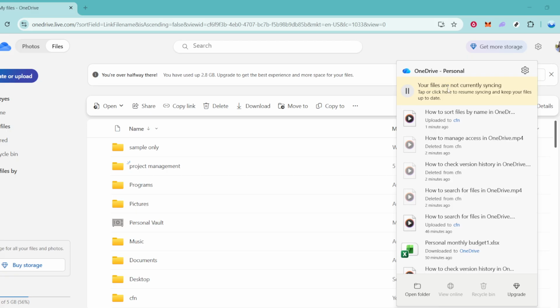Once you choose a duration, OneDrive will immediately pause syncing. You may see the cloud icon update to indicate it's paused, and your files will stop uploading or downloading until the timer runs out. Don't worry, your files on your computer remain available, and anything already synced to the cloud stays intact. Just remember that changes you make locally won't appear in the cloud or on other devices until syncing